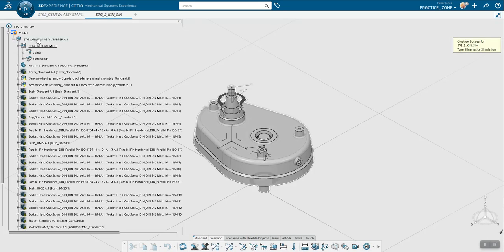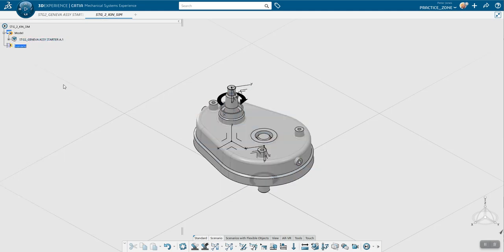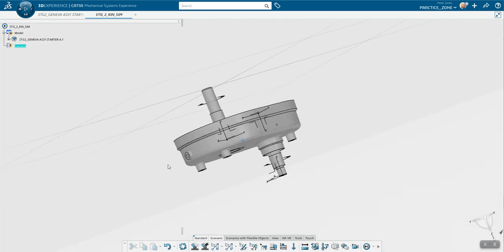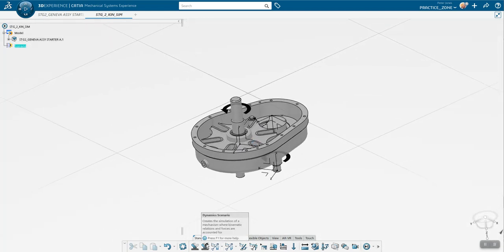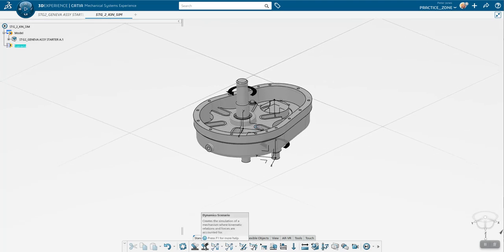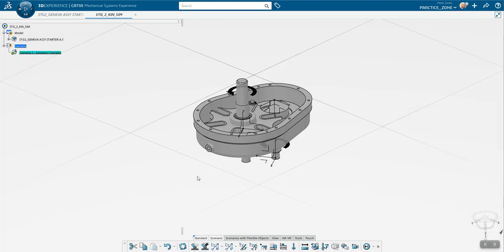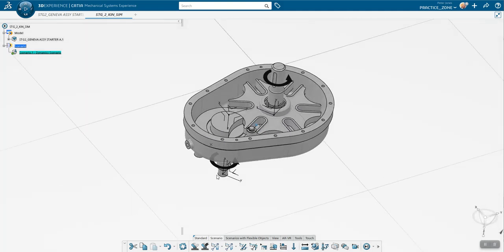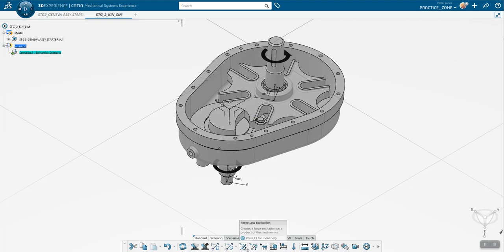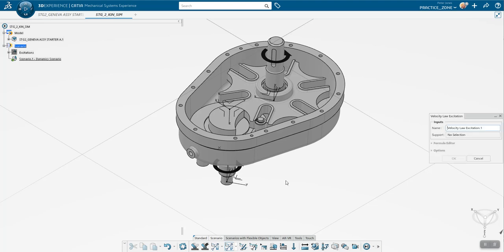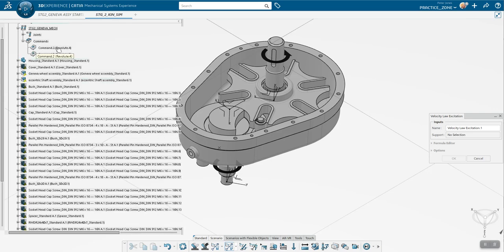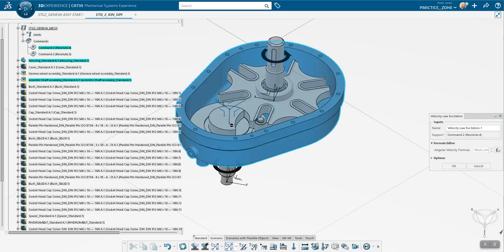And then you can see that the assembly that we worked with is actually in here, and we can build some scenarios based upon our model set. What we're going to do first of all is create a dynamic scenario, and I can OK that, but without some things to move it's a bit irrelevant. So what we're going to do is create a velocity law, and the support it needs is in fact one of those commands. You can see it won't select any of that, but I'm going to pick the first command, which is driving this wheel. It's defaulting to 10 turns a minute,